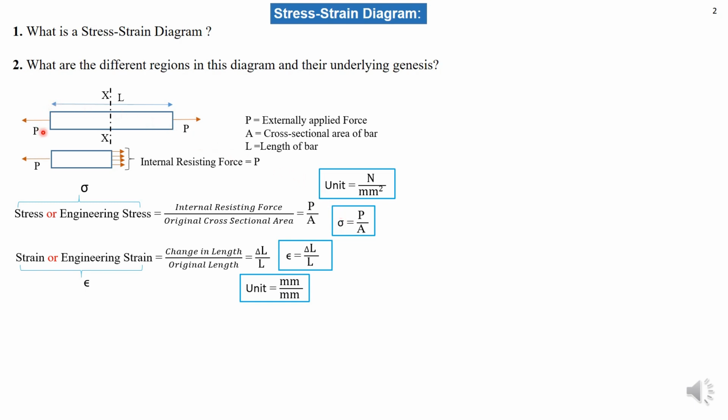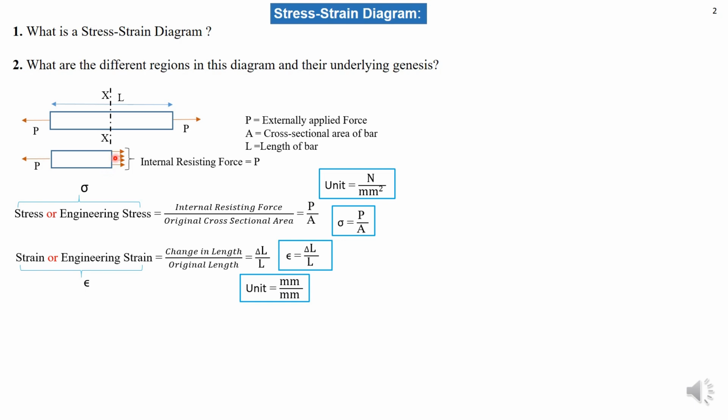This is a horizontal bar which is subjected to the axial load P, on the right side as well as on the left side. Its tendency is to increase the length of the bar, so it is a tensile loading. Consider an imaginary cross section XX. If you cut the bar at this imaginary cross section and analyze the left hand portion of the bar, on the left hand side we have the externally applied load P,